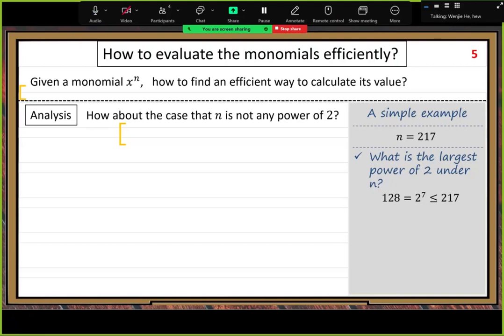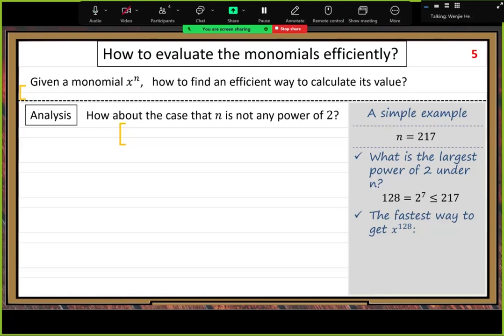2 to the 7th. Because if you look at 2 to the 8th, it is larger than this number. So you just take 2 to the 7th. Then you take this number out of n. All right. For the next step,